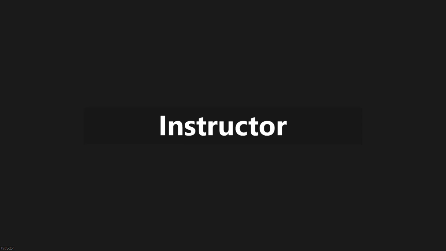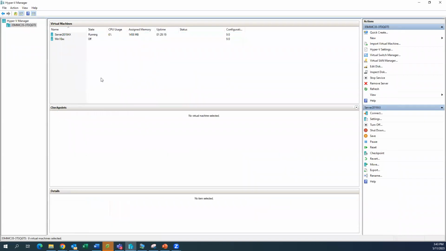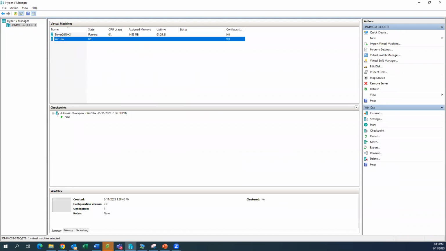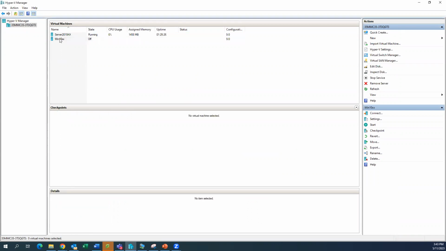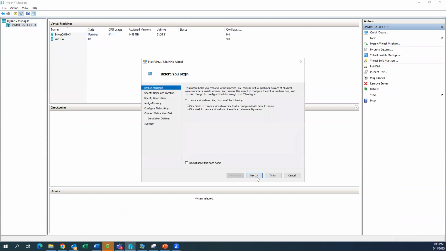Okay, so let us now go ahead and conduct some exercises as a part of our Windows PowerShell. So for this, we are going to first go ahead and create a virtual machine. So when we go ahead and we create the virtual machine, let's create a new virtual machine. Let me call it